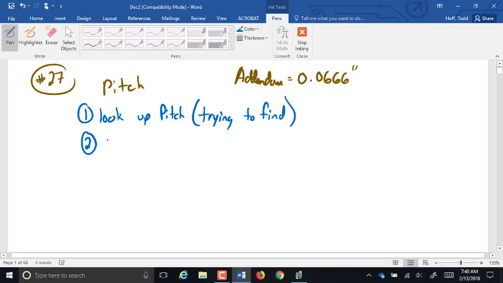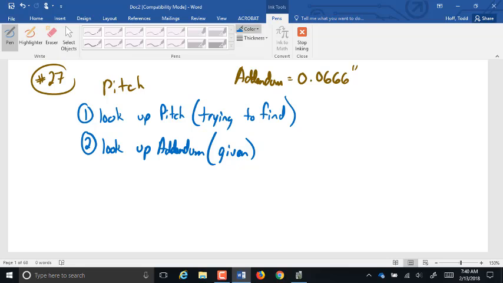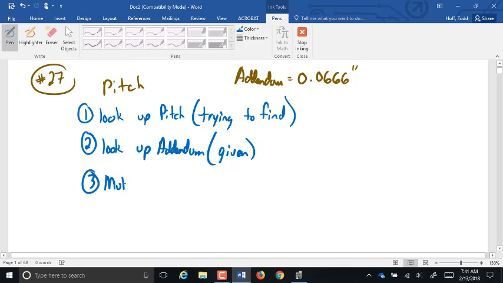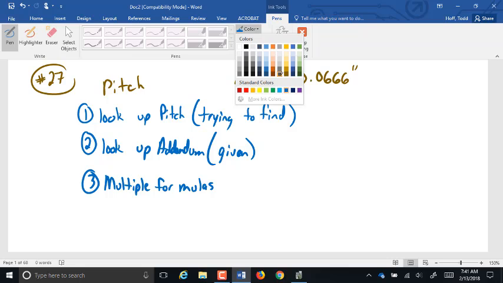So step 2 is look up the addendum. In other words, we're going to look up what we're given. And the addendum is what we're given. So we look up addendum and see if there's a formula for addendum that includes what we're trying to find, the pitch. In this case, there is. Now, if there wasn't, our third step would be to have to look up multiple formulas. And to look up multiple formulas, you take 2 steps. Step 1,